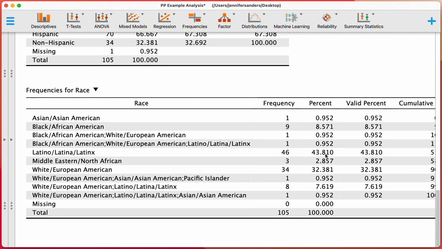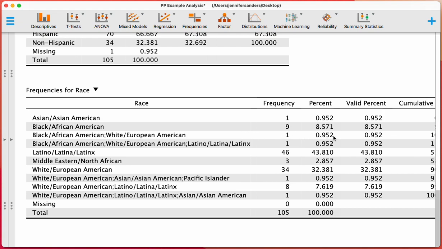So 43.81% identified as Latino, 32.38% identified as white or European American, 8.57% identified as Black or African American, 0.95% identified as Asian or Asian American, 2.86% identified as Middle Eastern or North African, and then I would take all of the combination, so those that